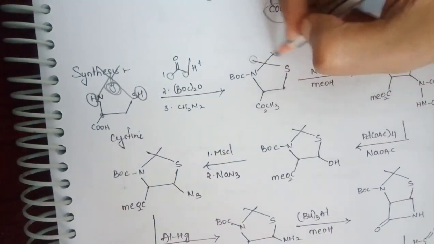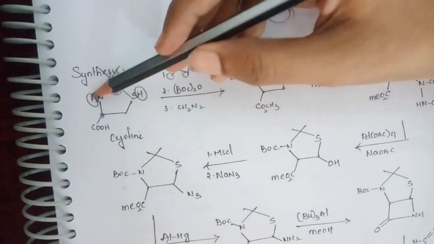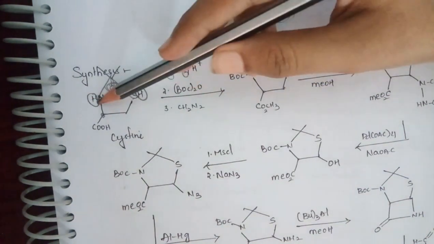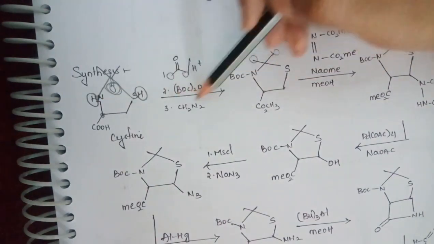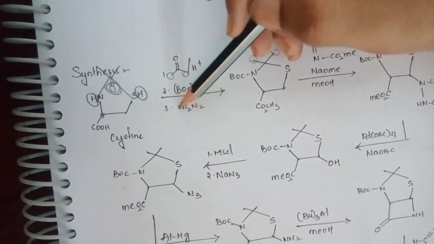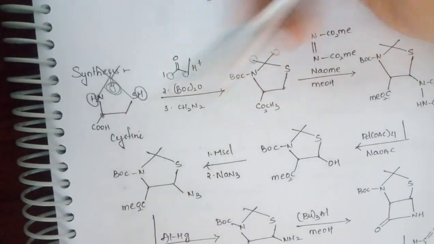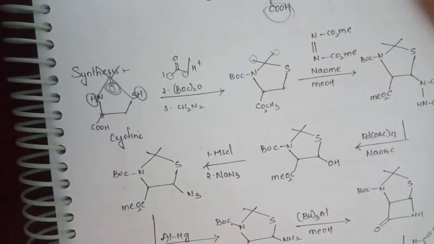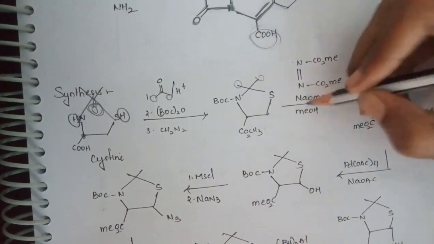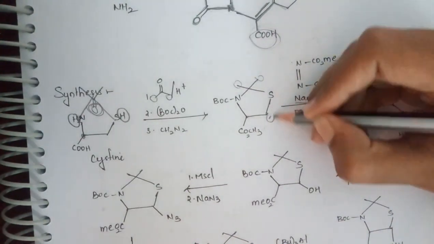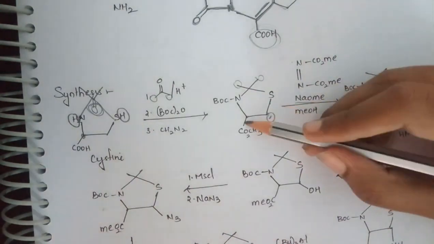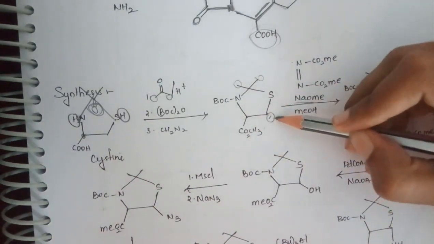These two methyl groups are these two. Later, the hydrogen on the amine group is protected; N is protected by Boc protection. Later, treating with diazomethane, the acid is converted to the ester, C double bond O, OCH3. Later, when you are treating with this side chain and NaOMe, due to the base, a negative charge is created here, because here you have two electron withdrawing groups.